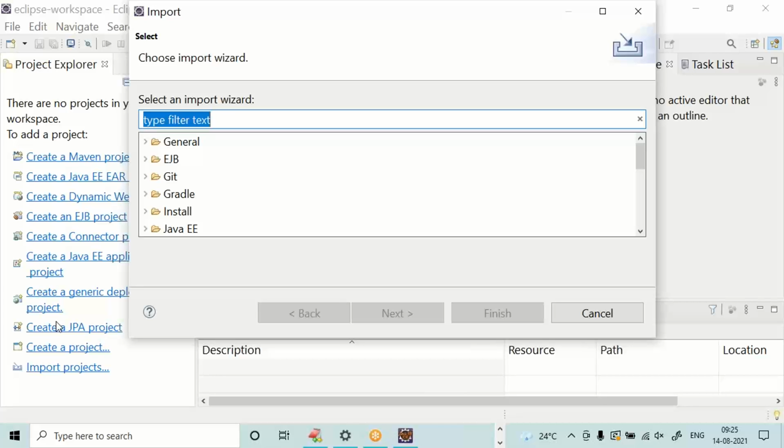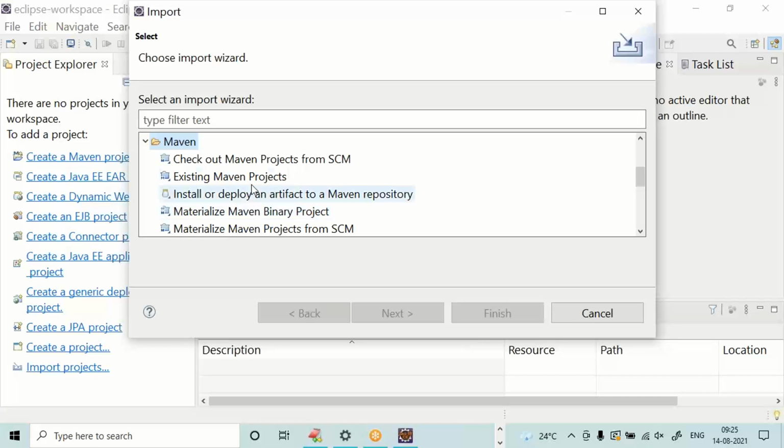Afterwards, select Maven, then Existing Maven Projects. Our Spring Boot project is a Maven based project. Go next.